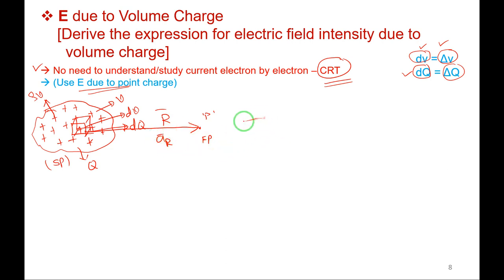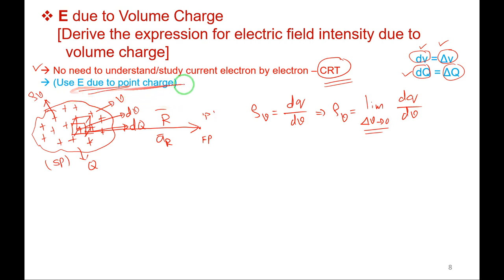Next, we know that for this smaller volume, I will write the definition of volume charge density: charge per unit volume. I will rewrite the same formula here. Just observe: limit delta V tending towards 0 of dq by dV. I am applying the limit, meaning as the bigger volume shrinks towards 0, it will become a point charge, right? So dq by dV.